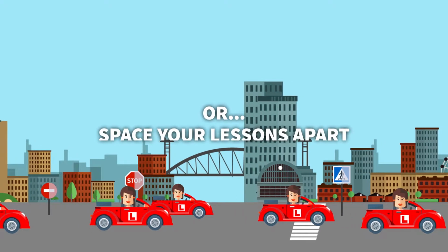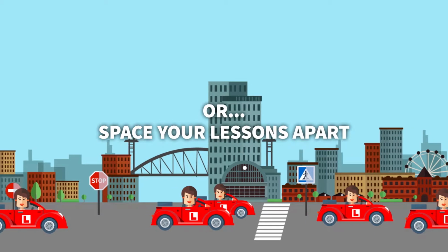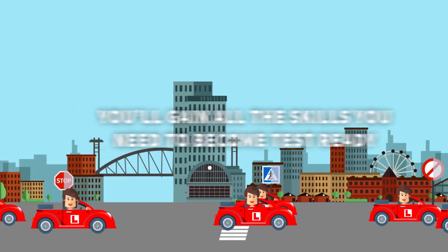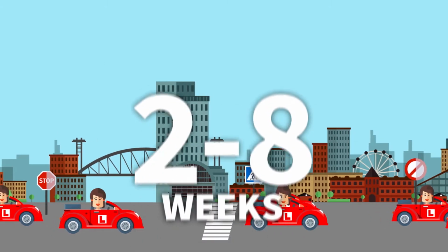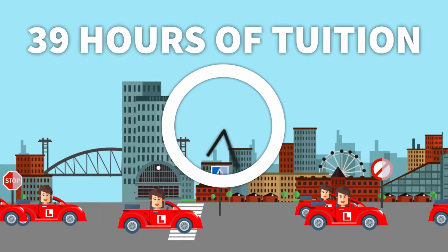Or, if you'd like more flexibility, you can space it out over a longer period. No matter which you choose, you'll gain all the skills you need to become completely test ready. This course is typically taken over 2 to 8 weeks and includes 39 hours of tuition with a local experienced